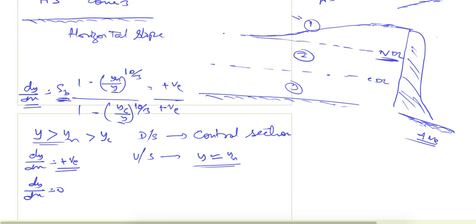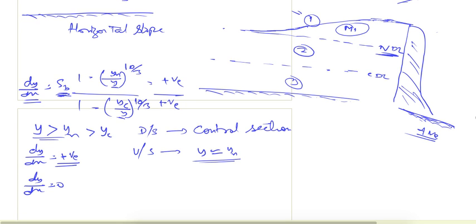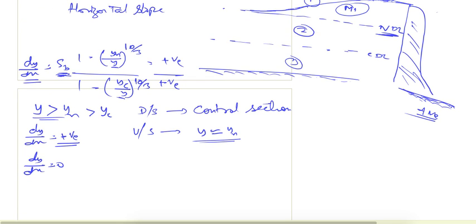And so this will be our M1 profile. And similarly, we can see for the M2 profile, in this zone, our actual depth of flow is less than normal depth of flow, but it is greater than critical depth of flow. So from here, again using this formula, we can see y is less than yn,